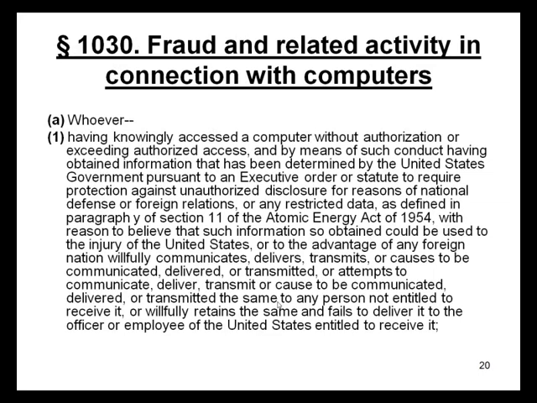The statute that next came out was 1030, which is the Computer Fraud and Abuse Act. And this has gone through numerous revisions. It originally was 4 sections, then it was 5, and now it's 7 sections. And those sections keep changing and the exceptions keep changing. So again, this is one of those that you want to get some current advice on. But just generally, Section 1 is often referred to as the Computer Espionage Act.